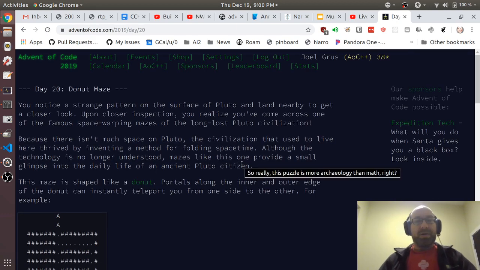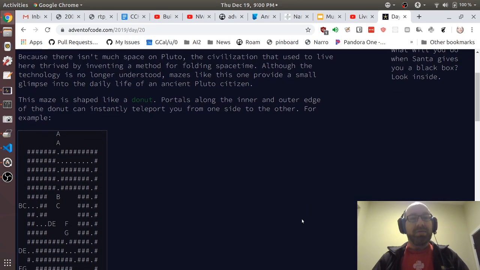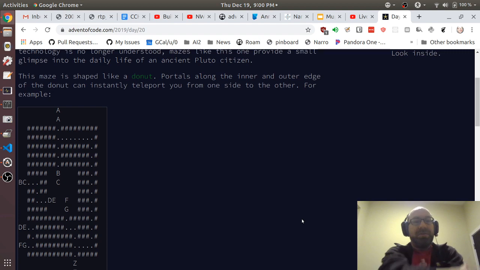Okay, you notice a strange pattern on the surface of Pluto, landing at one of the famous space-warping mazes. Because there isn't much space on Pluto, the civilization there is thriving in fully style. The technology is no longer understood. The maze is shaped like a donut. Portals along the inner and outer edge of the donut can easily teleport you from one side to the other. For example,